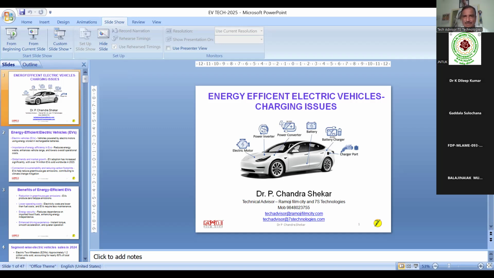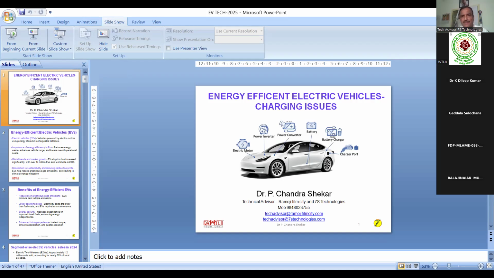Reduction in greenhouse gas emissions: EVs produce zero tailpipe emissions. Lower operation cost: electricity cost is lower than the fuel cost, and EVs require less maintenance. This is the most important point. With an electrical vehicle, you don't have to every time maintain or change the oil or any of the systems, unlike IC engines. In IC engines, every part in the engine is pressurized. That means in any change there is a chance of leakage and efficiency goes down. Whereas here, there is no pressure involved except the voltage and current.